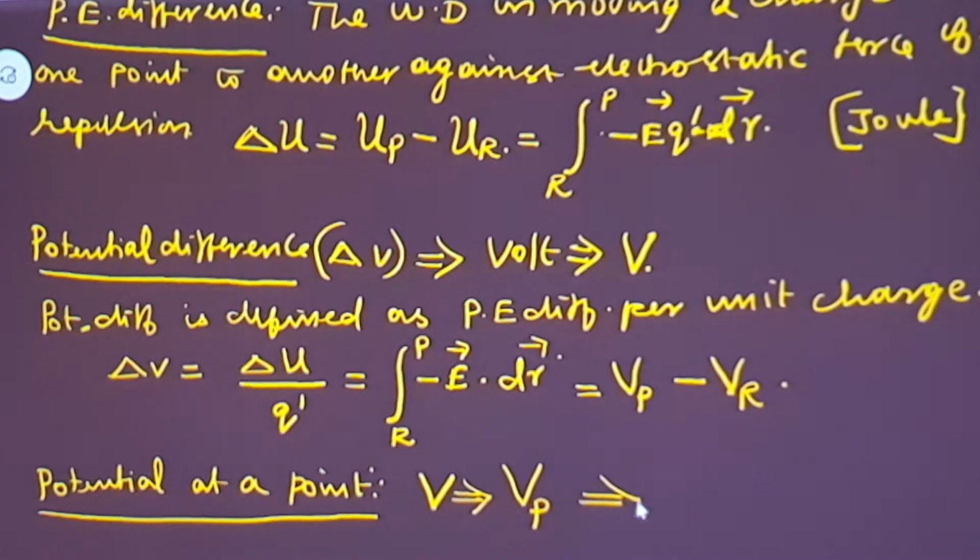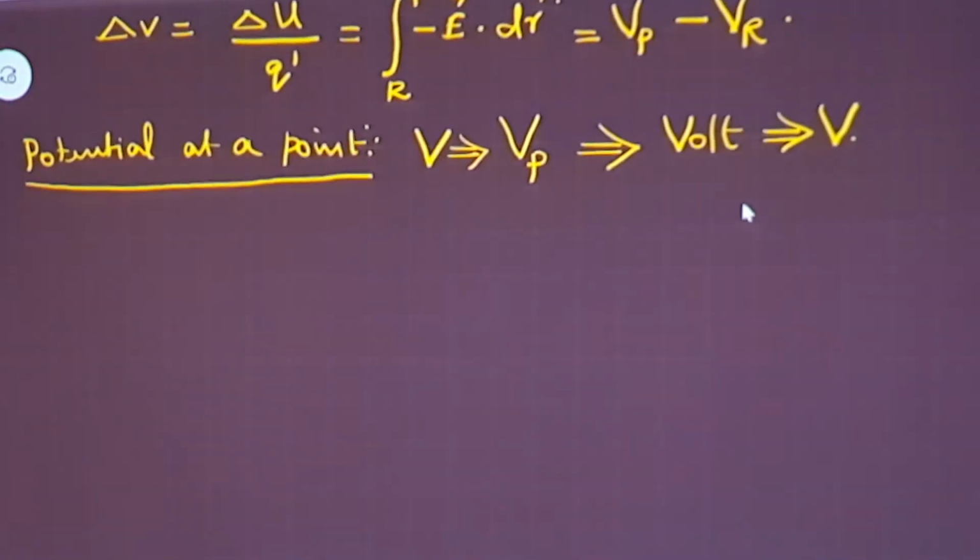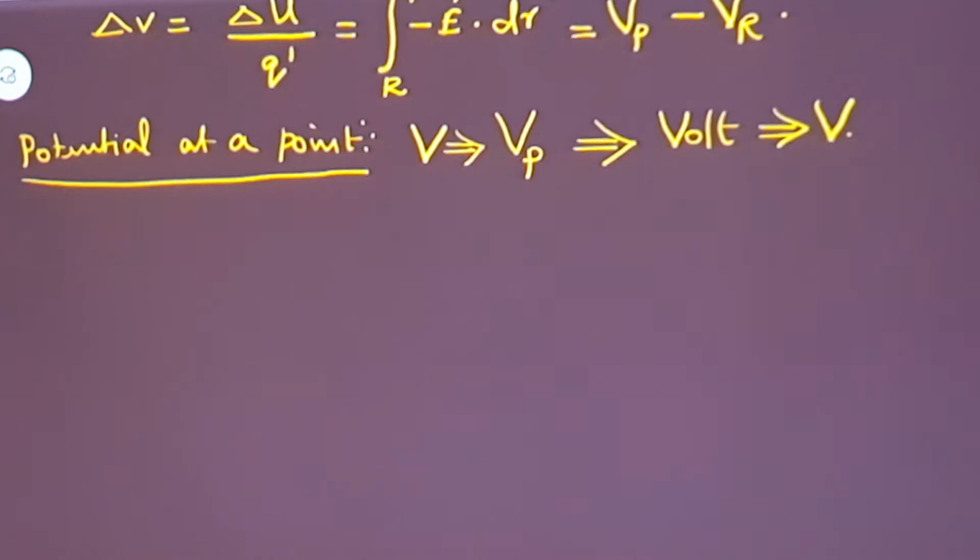This Vp or V is also measured in terms of the SI unit volt, represented by the symbol V. So how do we get the answer for this definition? Potential at a point is the work done in moving a test charge